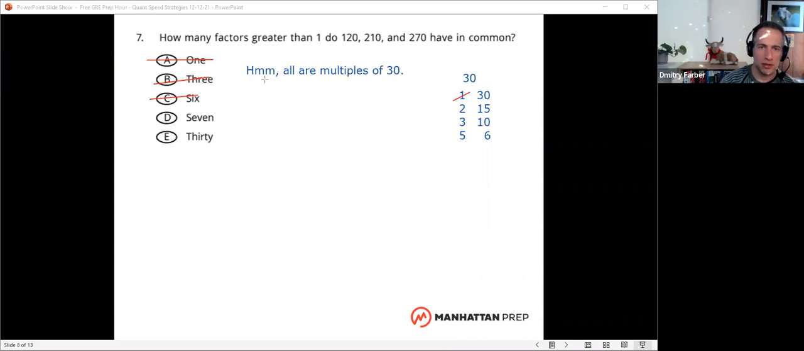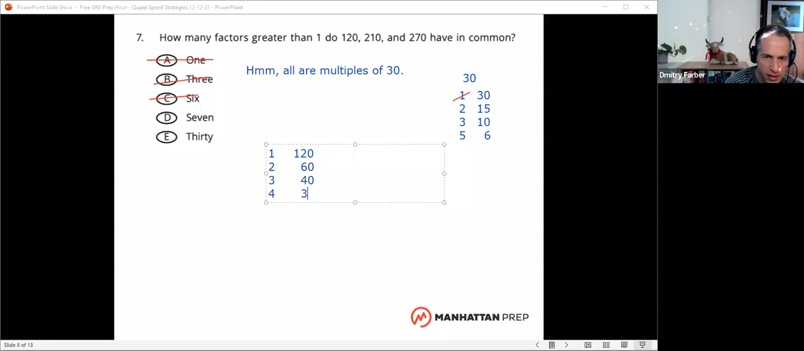While you're thinking about that, we can look at the other way we might do this, which is just to factor one of the numbers. Let's factor 120. Takes a bit of work. 1 and 120, 2 and 60, 3, I'll just divide 120 by 3 is 40, 4 and 30,